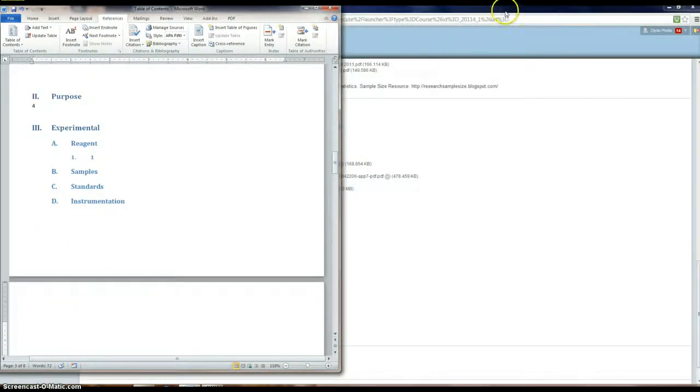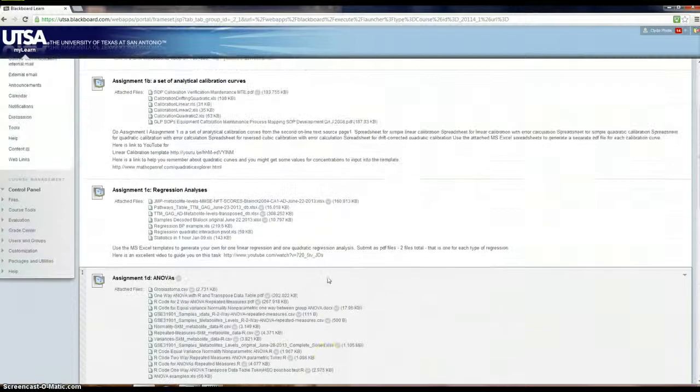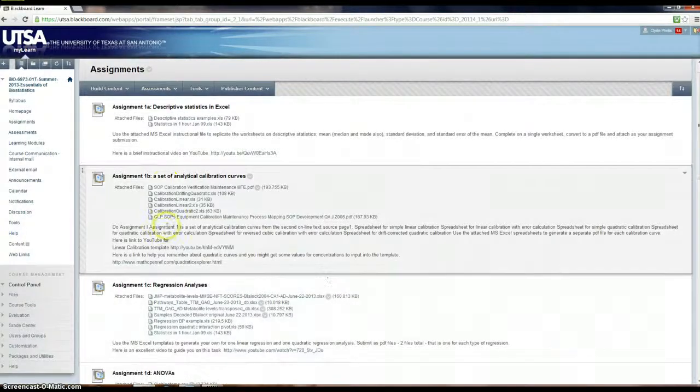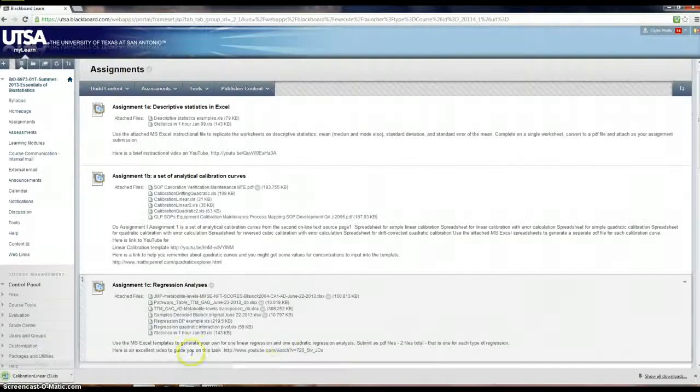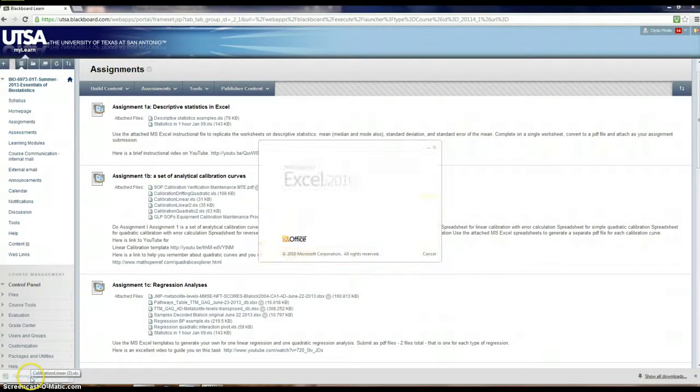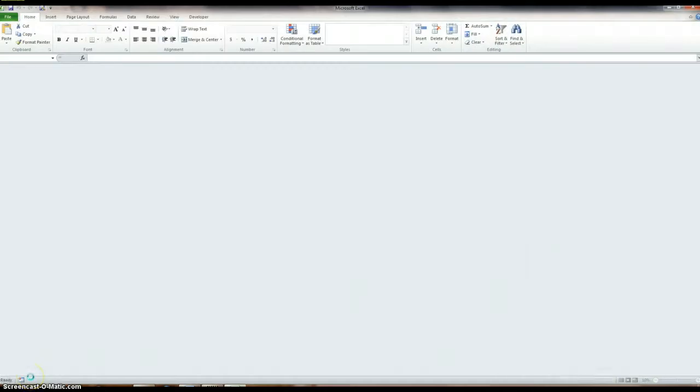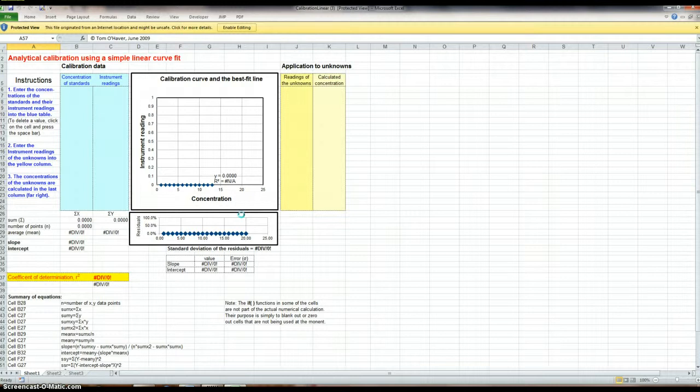Okay, now let's go back to an earlier assignment where we did the calibrations. So this is calibrations. Remember, we're pretending that we're validating our instrument at this point. So I'm going to get the calibration. Open that. And so remember, what we have from this is a table. Remember, this is the instrument, so we just want the calibration data as a table. You would put numbers in here, and then it would create your graph and things like that. So